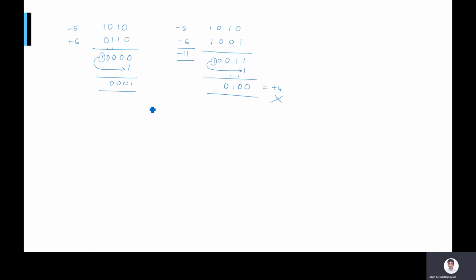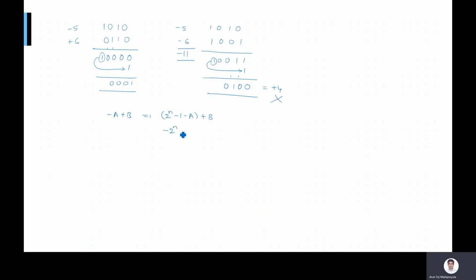Okay, so when you are doing this operation, let us say -A plus B in 1's complement. What are you doing? 1's complement means 2 to the power of n minus 1 minus A, plus B, right? So when you're doing this end around carry, what exactly are you doing? You're subtracting this carry out. So that means you're subtracting 2 power n. And then what are you doing? You're adding 1 to this number, right?